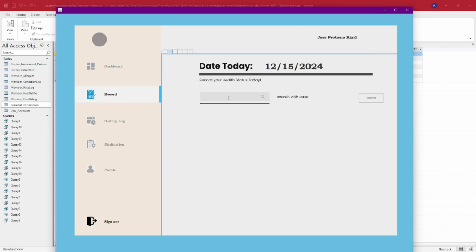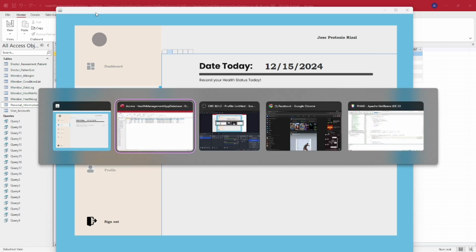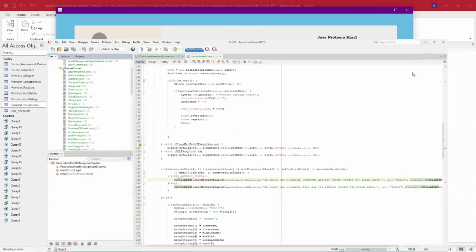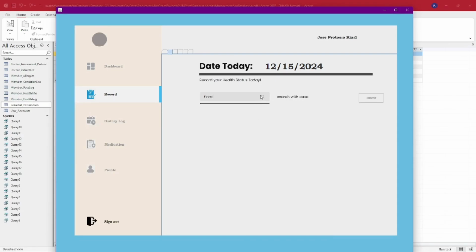Here's the record part, where there are predefined illnesses encoded by the developers. Off the top of my head, I always test fever here, and there are a lot of things here. Here's the complete set of illnesses the developers catered for the users to input. This template is also predefined so that users will not need to type notes about the fever. They just click buttons.